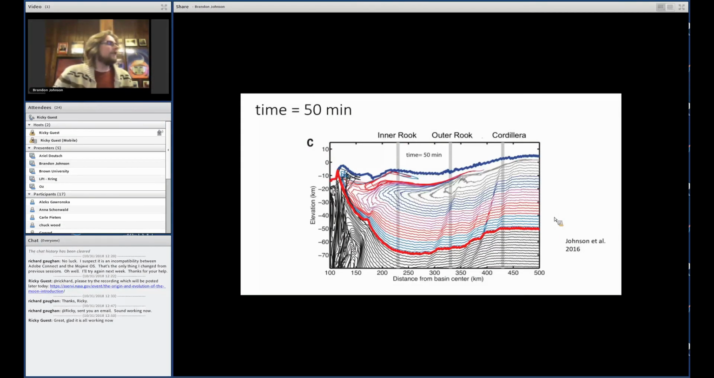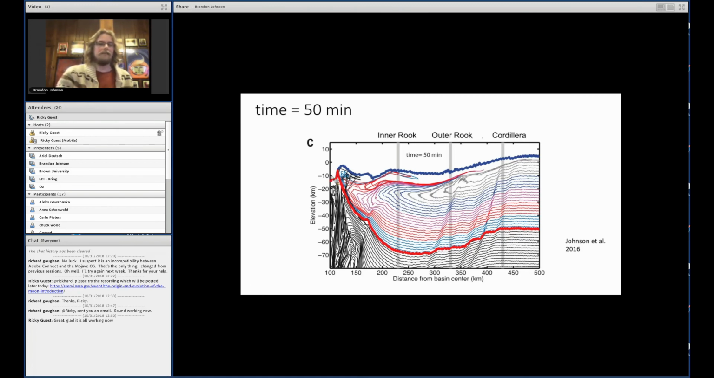So here's a zoomed-in version of that kind of plot. This is vertically exaggerated. The left axis, the vertical axis, is elevation, and the horizontal axis is distance from the center of the basin, or distance from the point of impact. Essentially, this is at 50 minutes, so this is after the inner rook forms. But if you were to see this model before the impact, it would be a whole bunch of horizontal lines,